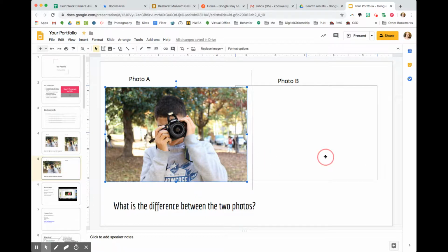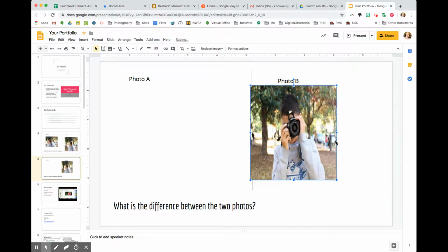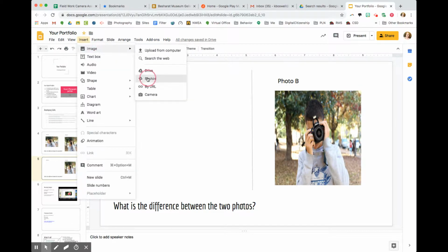Okay. For photo B, I clicked on the side and drew it in. See how that looks smushed? This is the incorrect way to insert a photo. The way to do it is you insert the image,